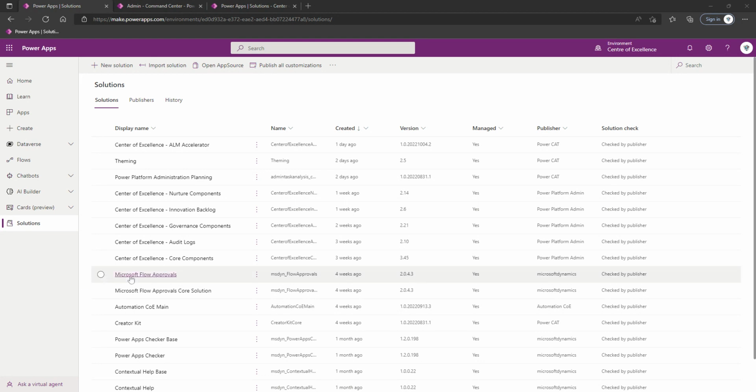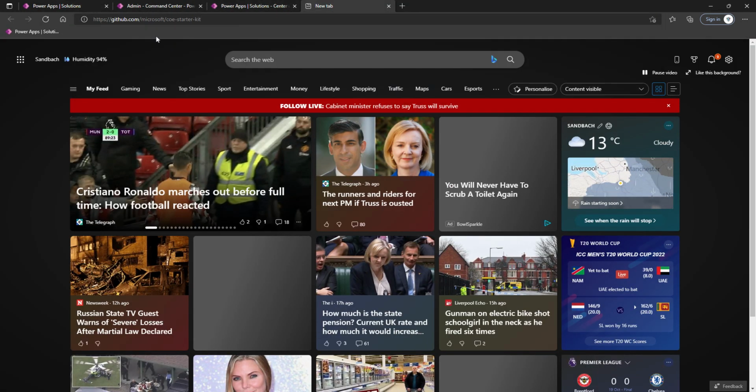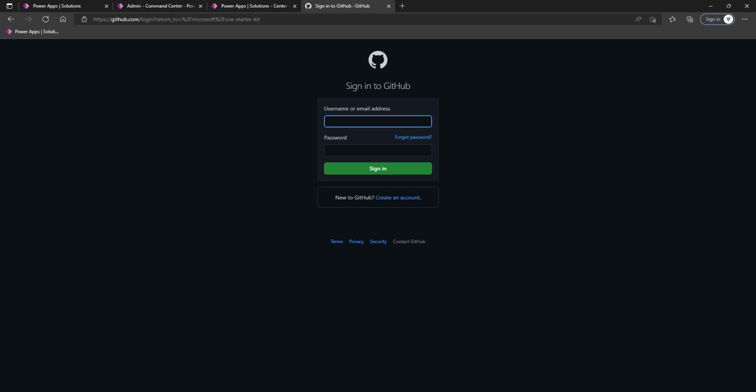So, like I say, we're going to focus on the core component here. So the next critical thing to take, in fact, let's rewind. So let's have a look at how you would find out what the latest release is and how you would go about it. So I'm just going to get to the GitHub repository for a second. I will show it in the browser. So if we come to github.com/Microsoft/COE-starter-kit, what it's recommended is if you go to notification, well, it says here it's going to ask me to